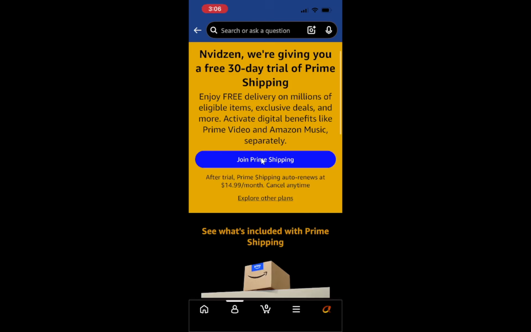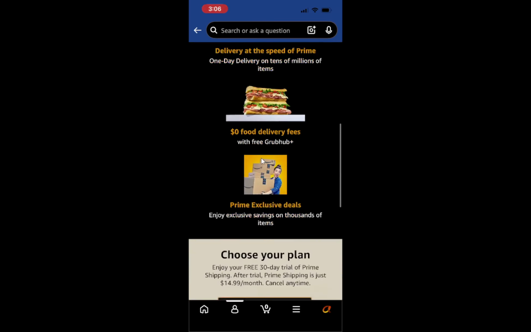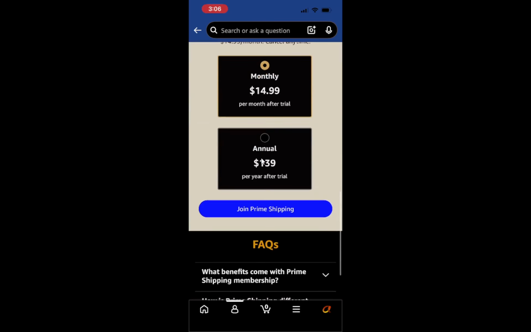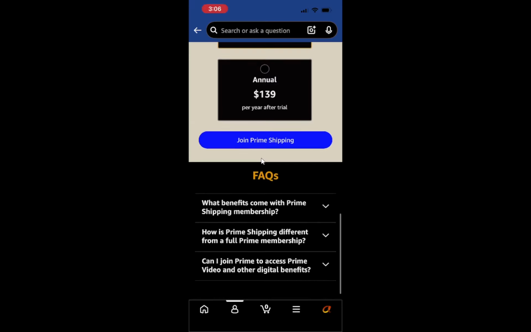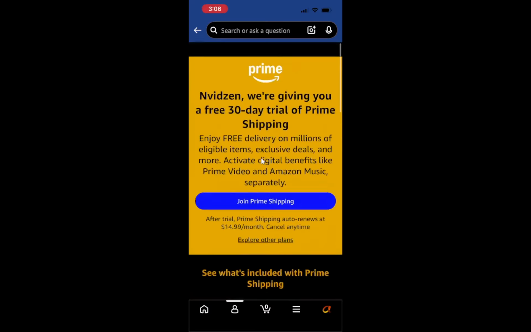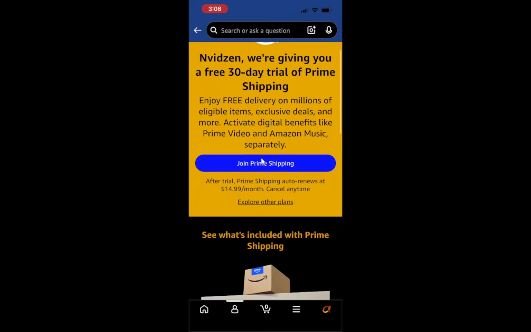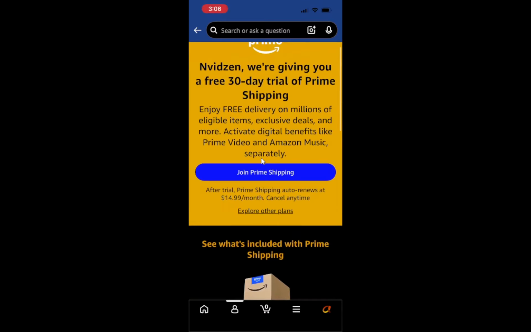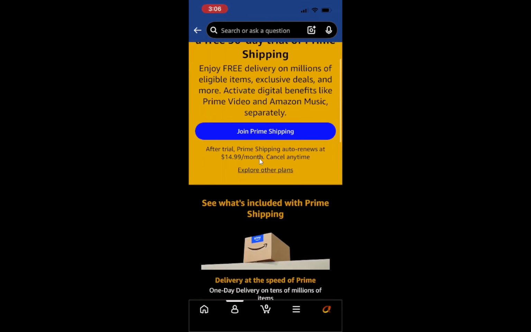Now tap Join Prime or Start Your Prime membership. On this screen, Amazon usually explains what Prime includes, such as faster shipping and access to Prime Video, where available. The button you need is usually bright and easy to spot near the top of the page. Once you tap it, you are taken to the sign-up details and pricing screen.